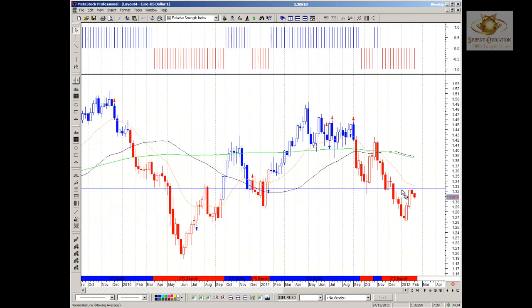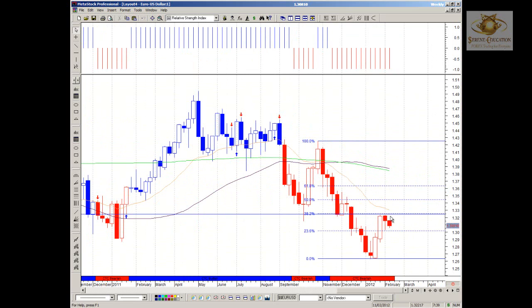We have broken through, as I mentioned, a prior support here, and we've had a pullback. If you take a fib retracement from the start, you can see that the 38.2 is that prior support area, and prices failed at that conjunction there. We do need to see a break below 1.2360 if we can over the next couple days, weeks, to see a reversion to the underside. If it breaks below 1.2360, then we should be looking ultimately at 0, back down here at 1.2650 as our next potential target